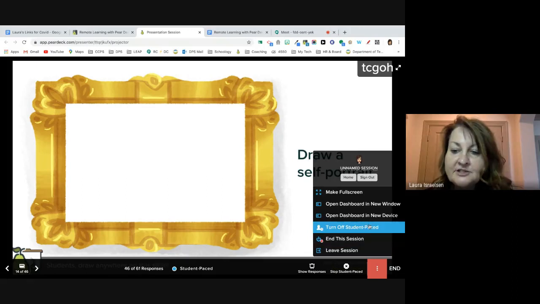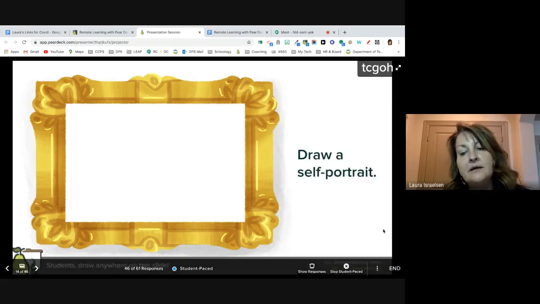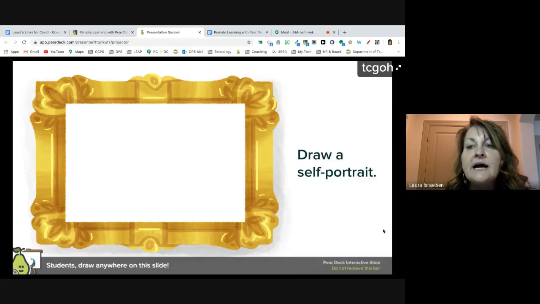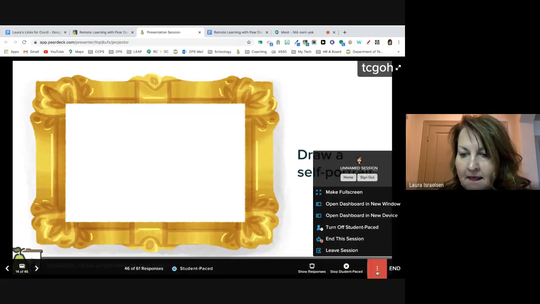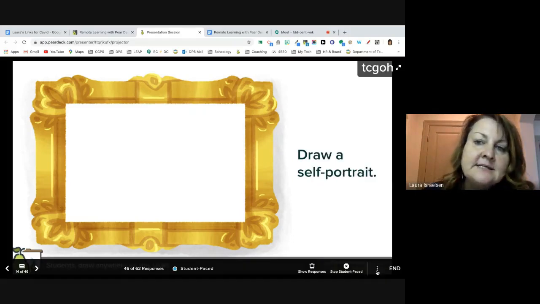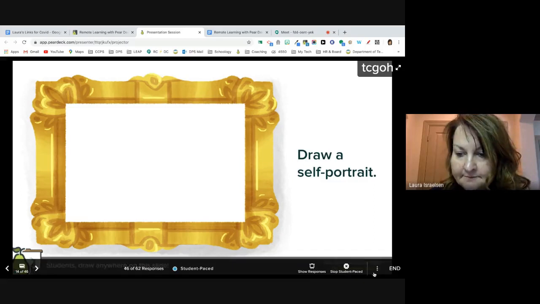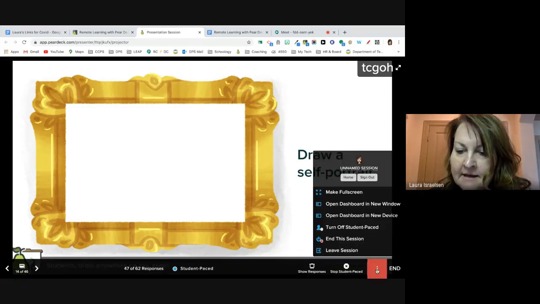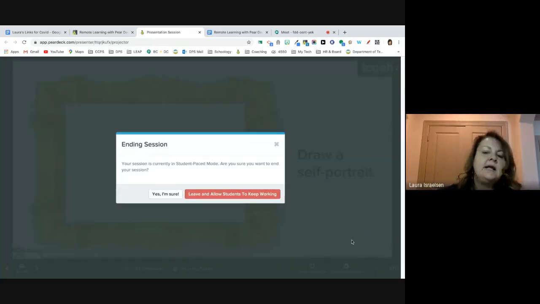So I can leave student paced mode on for several days, up to 30 days, and just go whatever timeline I think that my students will need. And I think in the premium version, it will stay on as long as you leave it on. So unless you go in and turn it off, it will stay on. So once I've gotten to this point, I'm going to end the session. So I'm going to click end session, and